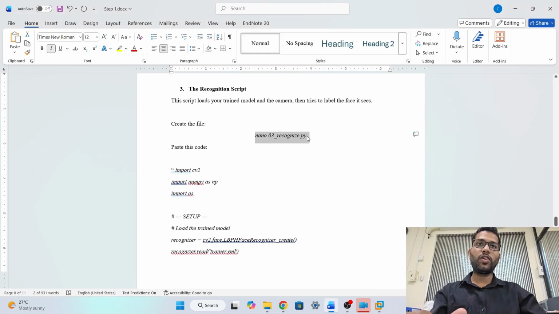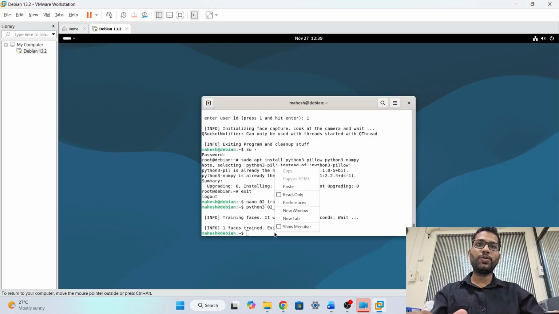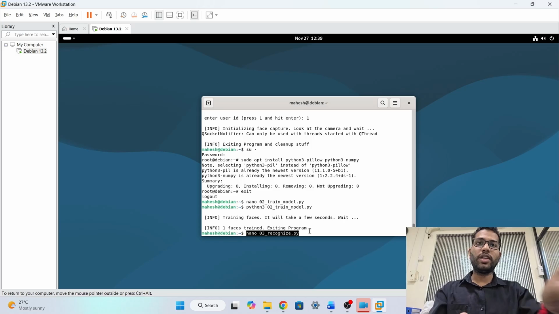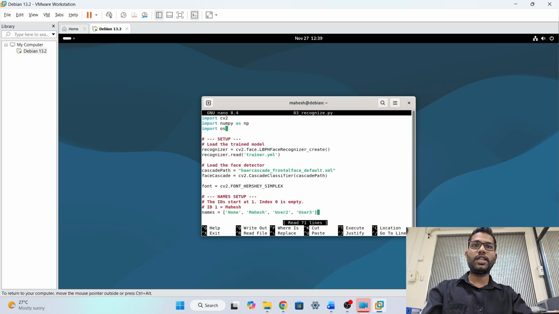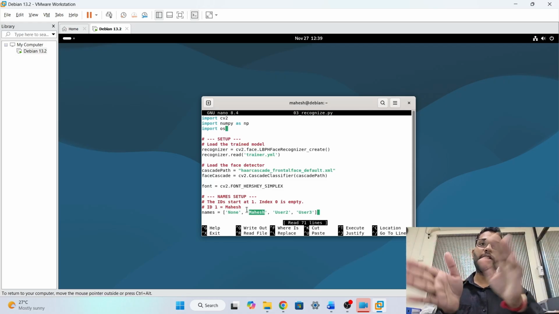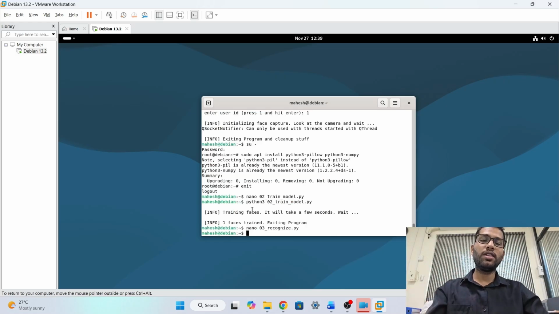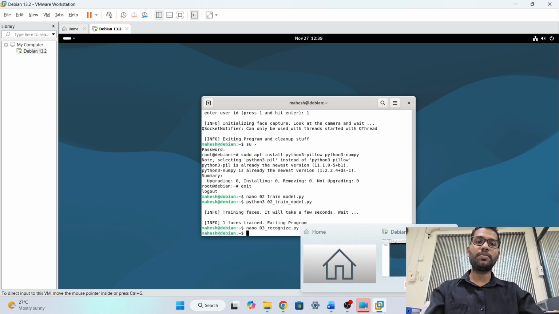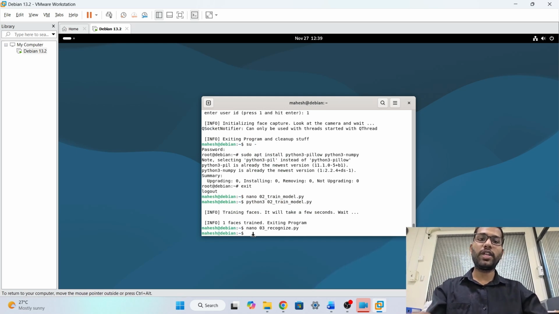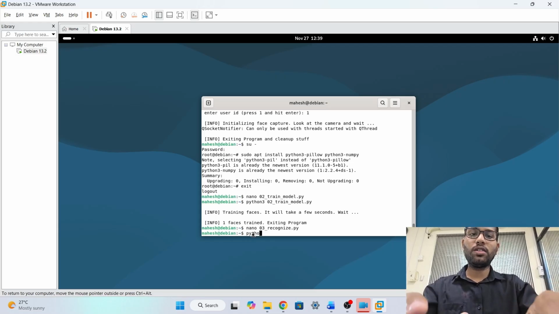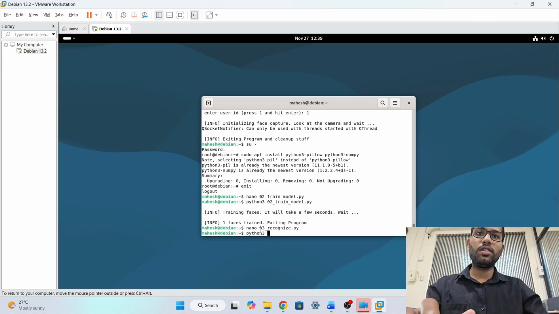Now you can see, for detecting these faces, we have to create another script for recognizing the face. I have given the name recognize.py. Hit enter, and I already pasted its code here. You can change your name here, whatever name you want for that face, and just hit Ctrl X and Y and enter. Now we just run this script. For that we have to just write Python 3 and our script name. Copy and we are just going to paste,